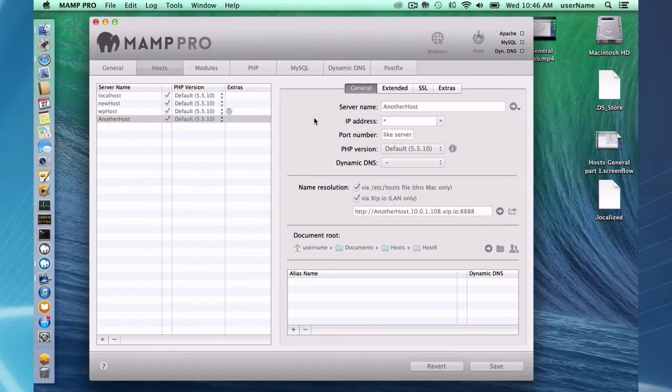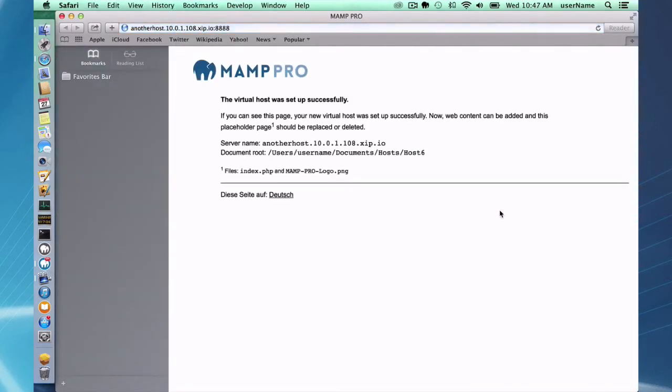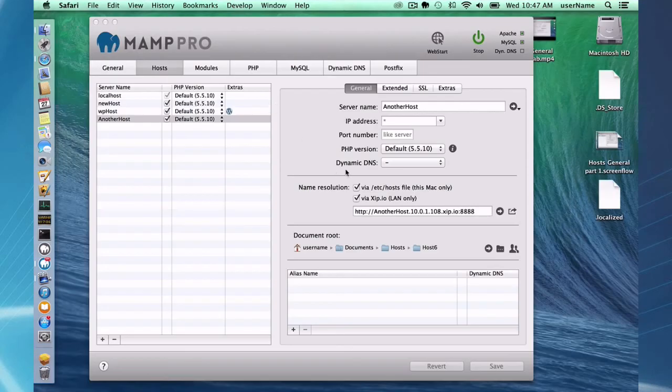And what this is convenient for is if you are developing or you want to check your website on your iPad or iPhone or other mobile device quickly, you can just type in this address on the browser on your iPad, or in this case, I can check it out on my own computer, which doesn't really help. But what its main purpose is for